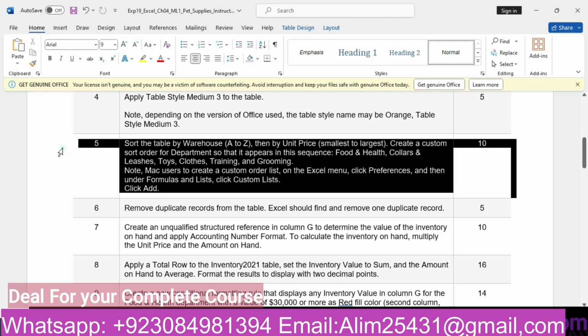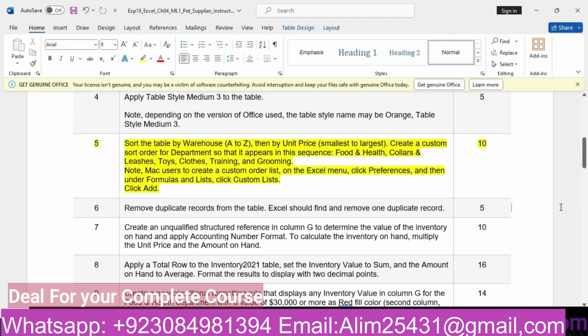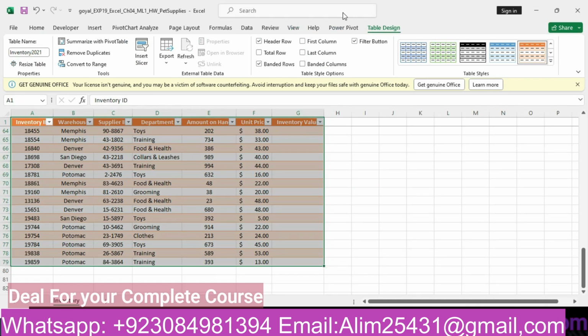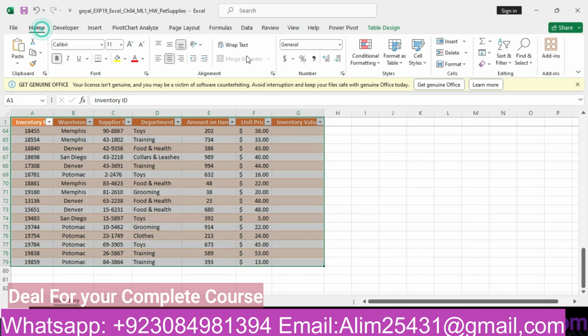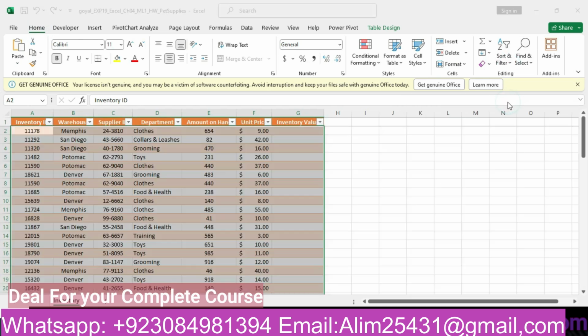Our fifth step is to sort the table by warehouse A to Z, then by unit price smallest to largest. We will go to the table. We will go to the Home tab. We will select Sort and Filter, and in here we will select Custom Sort.